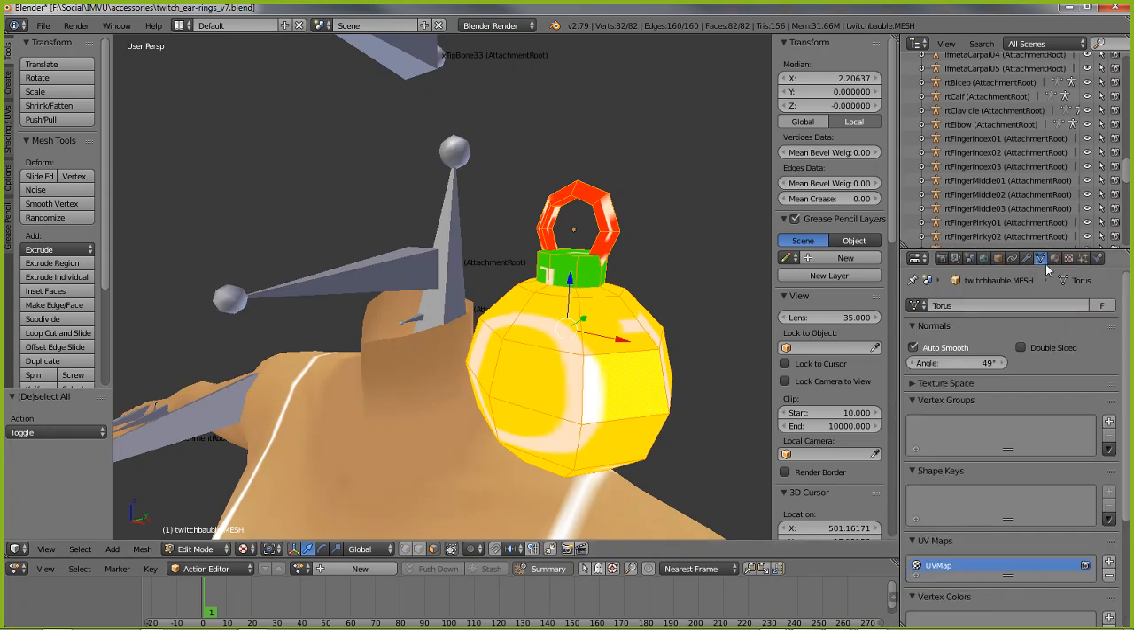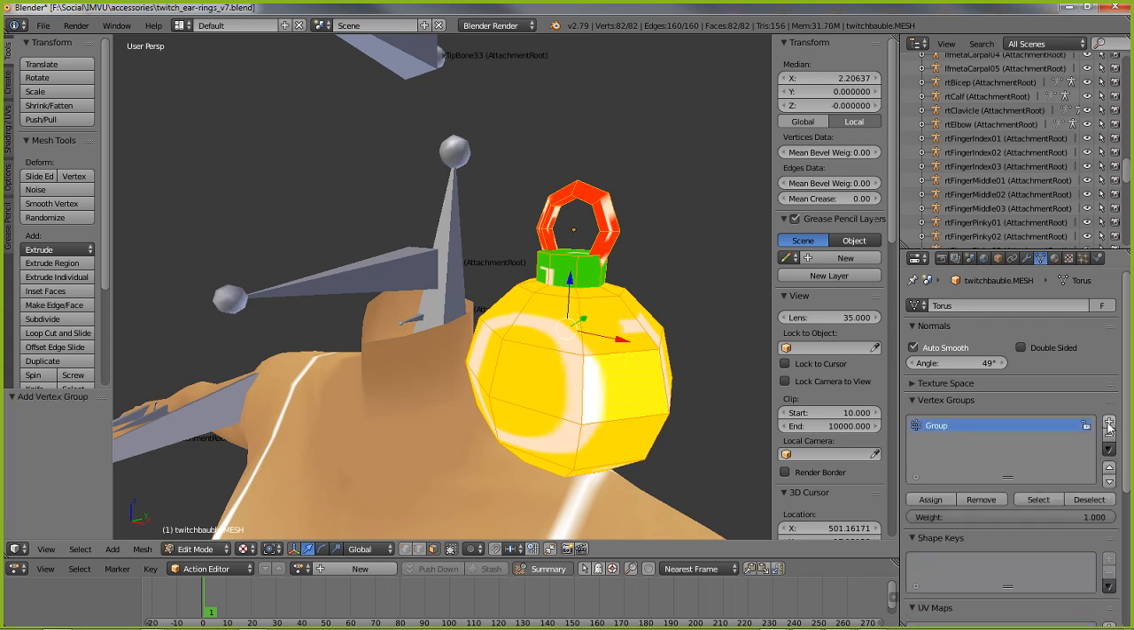Then in Object Data Properties, so that's the triangle button again. So draw, that's this one again. We need to be in Vertex Properties and we want to click the plus button. So click that, creates a generic group called Group. Double click, that'll highlight it for editing, and what we need to call this is attachment root, and it's case sensitive, so that's uppercase A and uppercase R, so A for Apple and R for Robert,